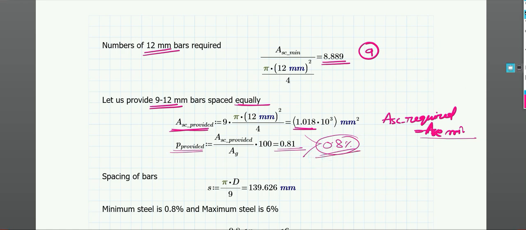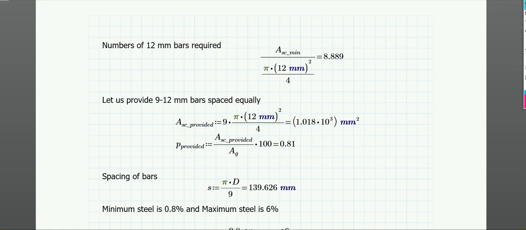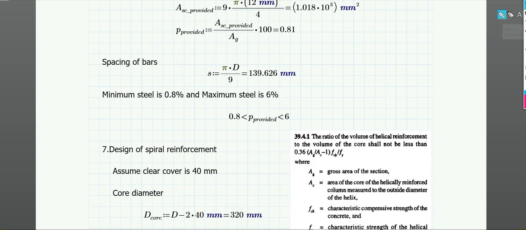Okay, so it is very clear, it is very easy. Basically, column design is very easy. Now, spacing of the bars. You know what the spacing of parallel bars should be. We have studied it while studying beams, where we saw the distance of parallel bars. In no case should the spacing be more than 300 mm. Also we have to take care that the spacing should not be so small that the concrete cannot go out and fill up the cover portion.